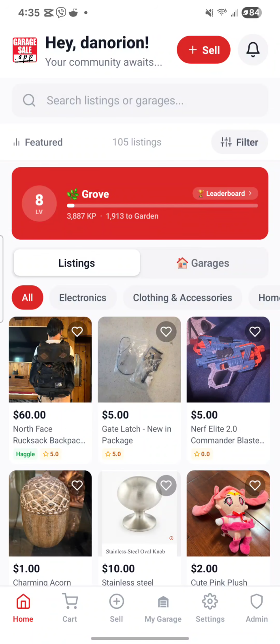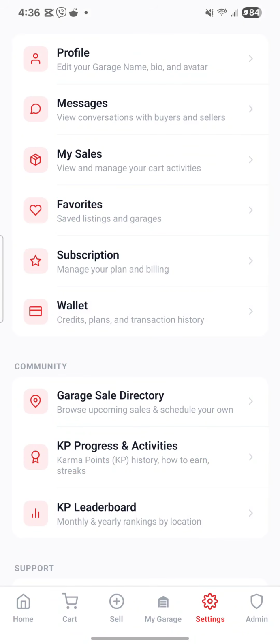Okay, signed in. If you look at the bottom panel here, you wouldn't have the admin section on the far right. That is, of course, allotted for me and the other admins that help me moderate this app and community. And so for you to set up your profile, you would go to settings, okay, and then you would go to profile at the very top,